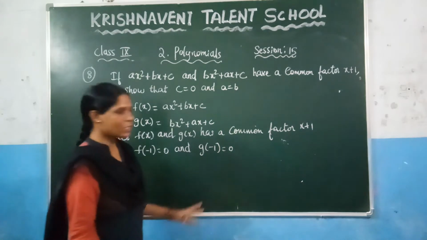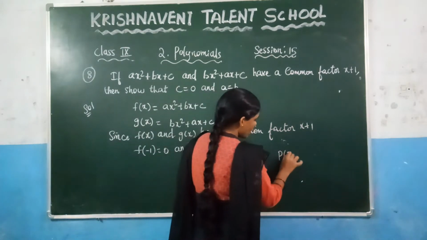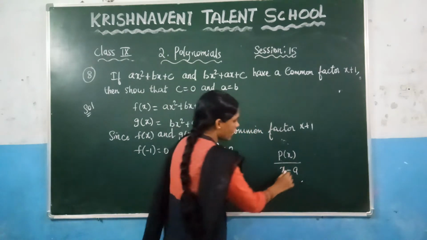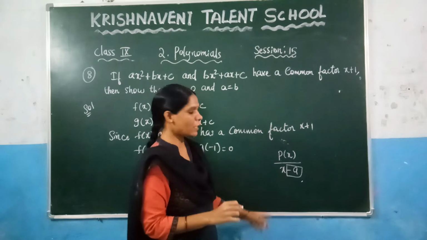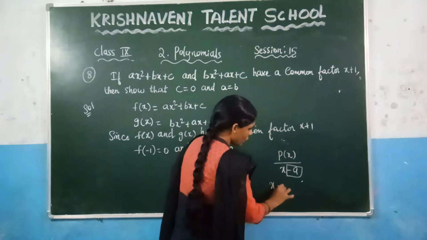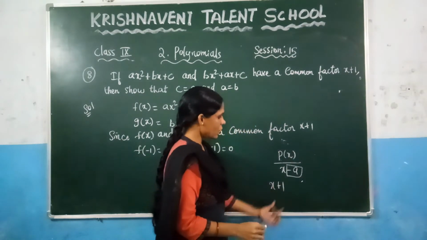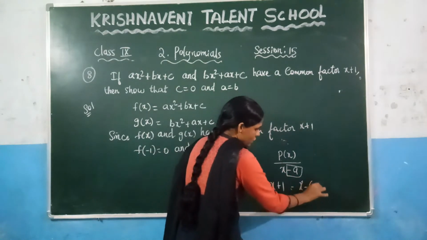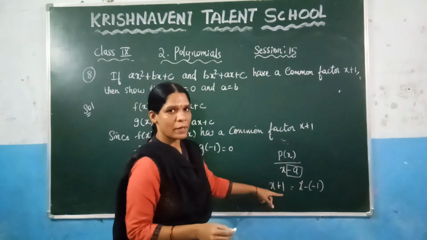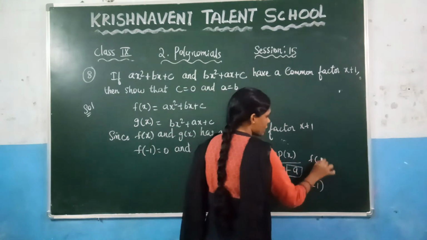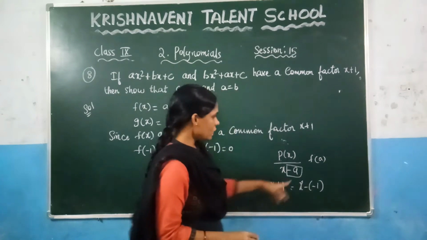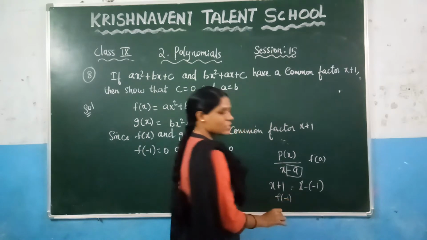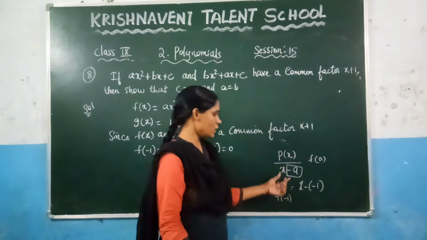We already discussed many times, by the factor theorem, you are dividing that polynomial with the linear polynomial in the form of x minus a. This is very important. But here, what is given is x plus 1. So you need to write this x plus 1 in the form of x minus a. How do you write this one? You can write it as x minus of minus 1. So we can say that f of a is a factor. Similarly here, in the place of a, we have minus 1, so f of minus 1 is a factor.